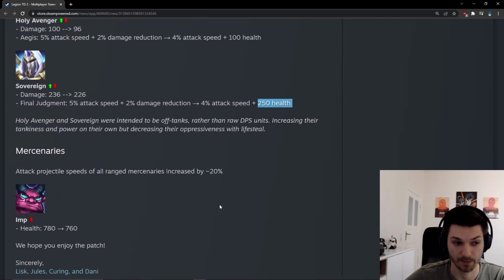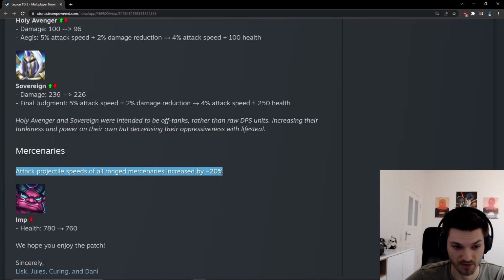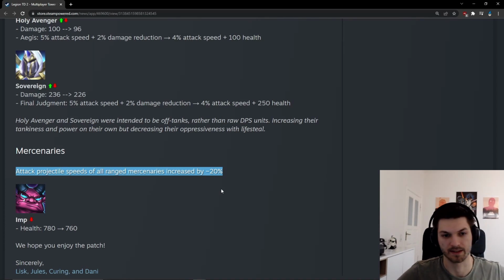Last but not least, there are some mercenary changes. Attack projectiles of mercenaries are flying 20% faster, so now it's a lot more likely that your unit is not gonna do the last hit, but the mercenary is. So once again a buff to mercenaries, I think, especially to Cannoneer, that was quite a strong mercenary in the early game, but since it's low attacking, often the target was already dead